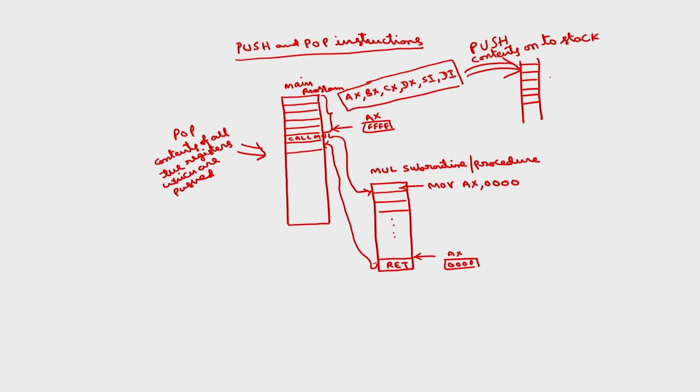So, in case of subroutines or procedures, we need to store the data of all the registers in some temporary location which is called a stack. This is the push operation and pop operation. For this we have the instructions. There are 4 push instructions and 4 pop instructions. If we take the first push instruction, push register, simply the contents of the register will be saved onto the stack. This register will be a 16-bit register.